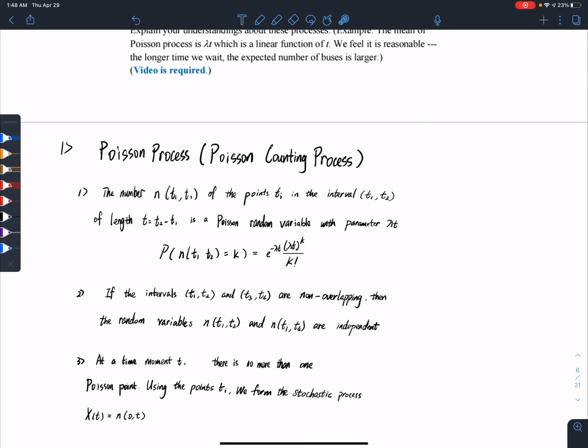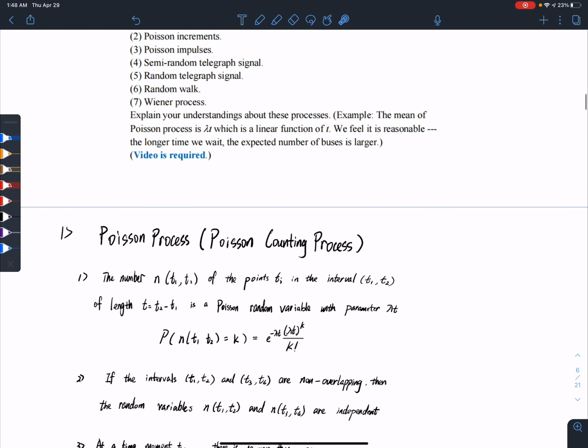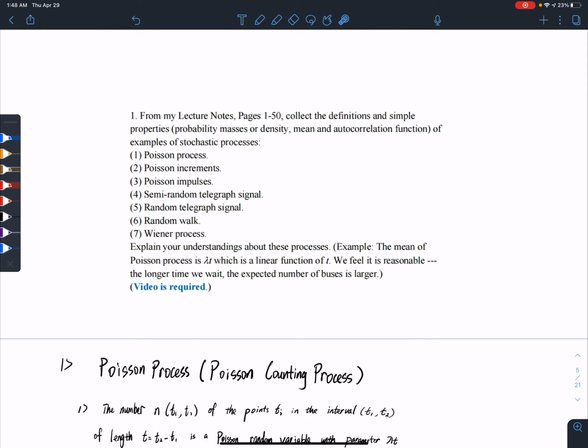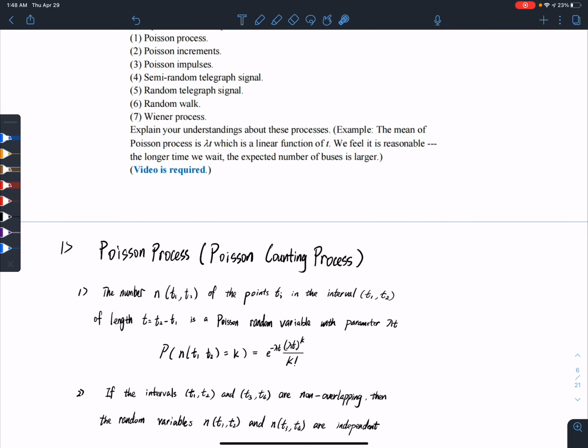This is question 1, homework 10. From the lecture notes, collect the definitions and the simple properties of stochastic processes. So for the first one, Poisson process,